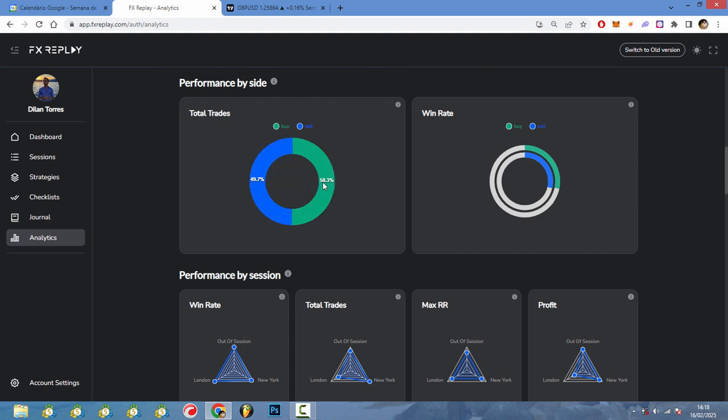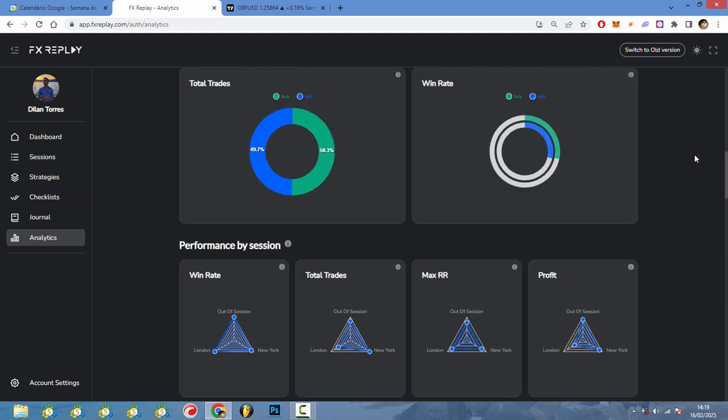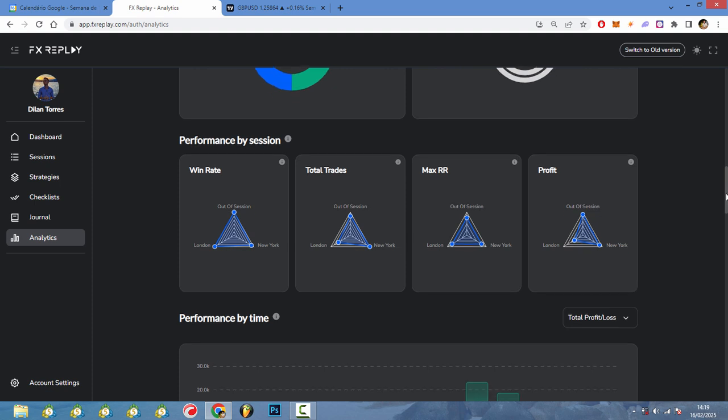Here we can see that you gotta also take into consideration the total trades for this example right here. So here you can see it's pretty much 50-50. So in here it's also 50-50 for both, 30% win rate in each. So it's quite good. Nothing really to be changed here. We can maintain the same habit of taking buys and sells accordingly.